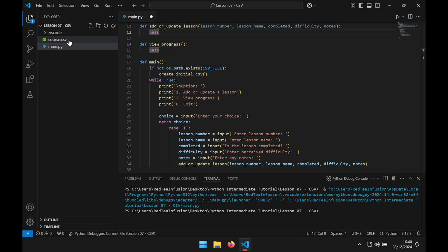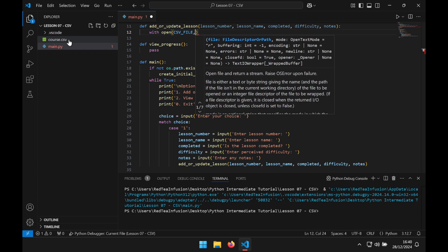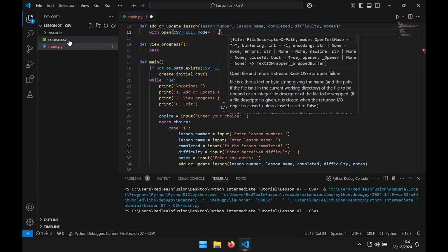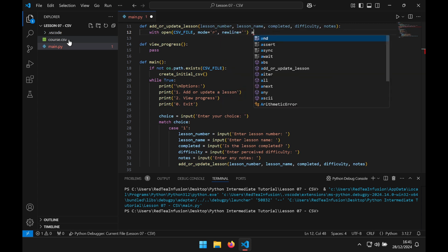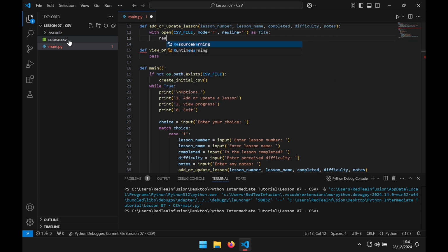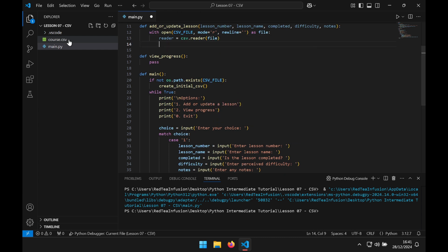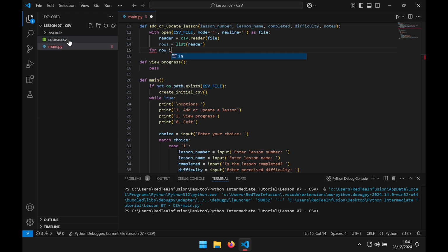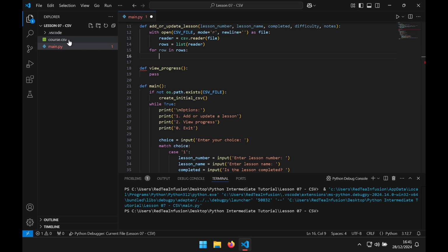Let's define this function with open(CSV_file, mode="r", newline="") as file: reader = csv.reader(file), rows = list(reader), for row in rows: if row[0] == lesson_number: